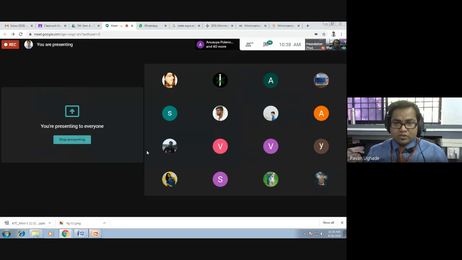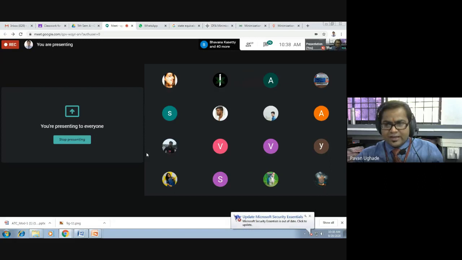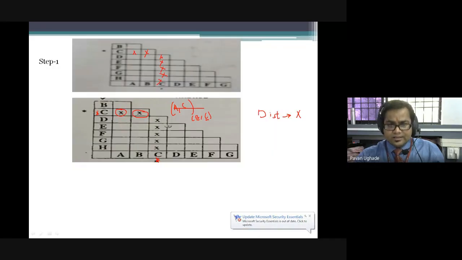Yeah, that's what I said. Today's class is getting a little confusing and it will take much time to understand. But anyway, I think you understood how to define distinguishable and non-distinguishable states, and if there are distinguishable states, we will simply put an X for the respective cell. The next steps are very crucial. Step 1 is fine, but step 2 and step 3 are very important.